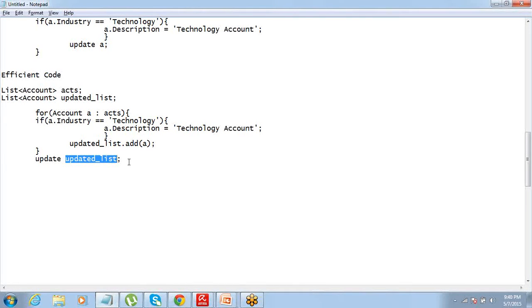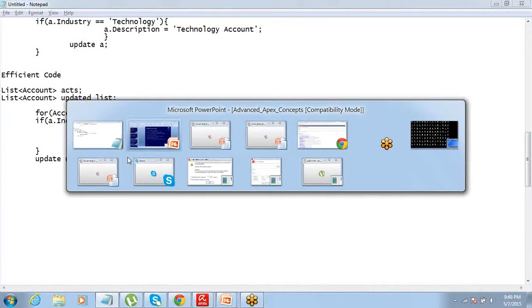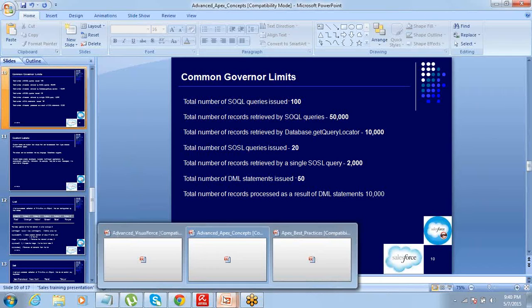But 10,000 is still a much bigger number as compared to 150, right? So this will work absolutely fine for 10,000 records. You will not have a problem. So now you can deal with 1,000, 2,000, 5,000 records up to 10,000 with this. All right. So that's the second best practice.